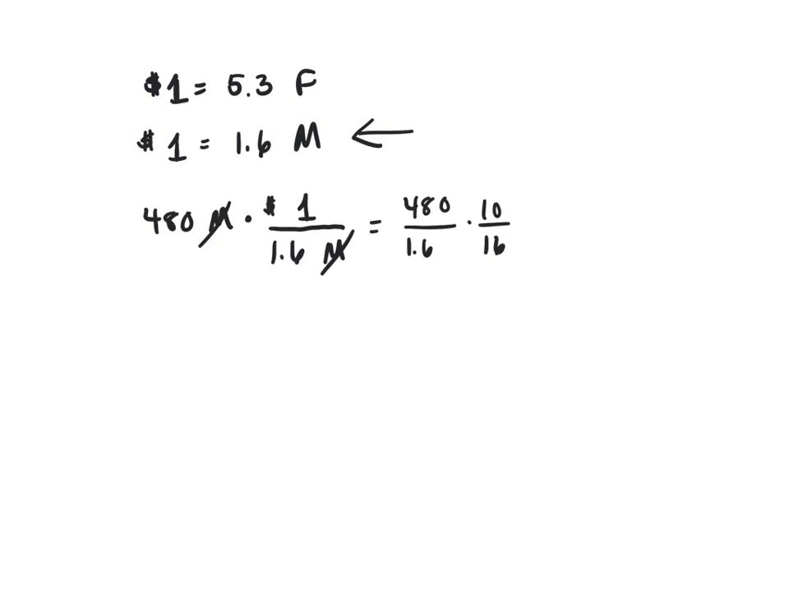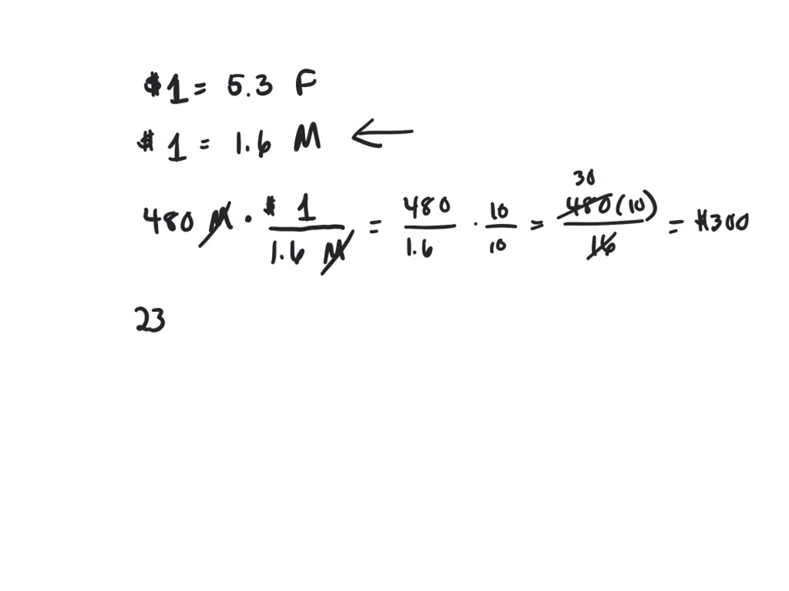So let me rewrite that. So what I have, multiply top and bottom by 10. So I've got 480 times 10 over 16. And 16 will go into 480 30 times, and 30 times 10 is 300. So he paid 300. And then he sells it for